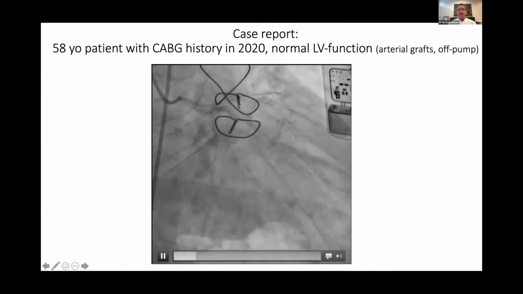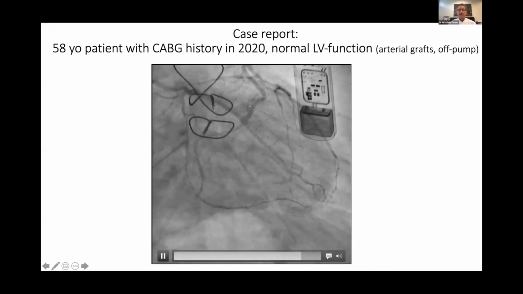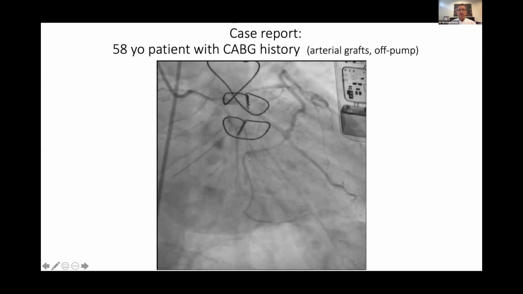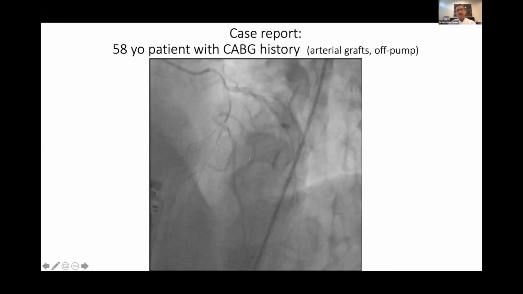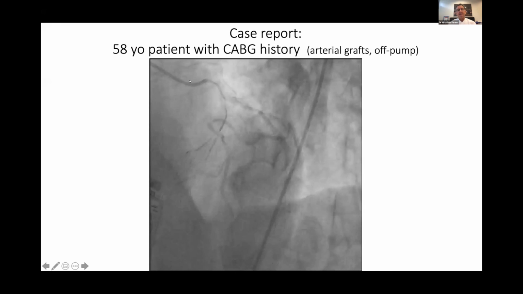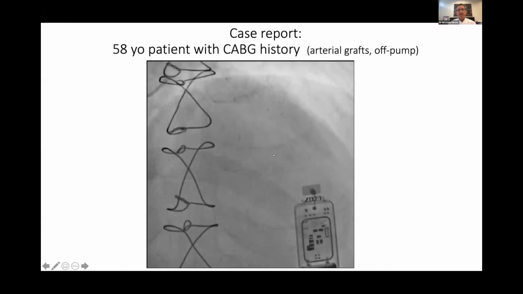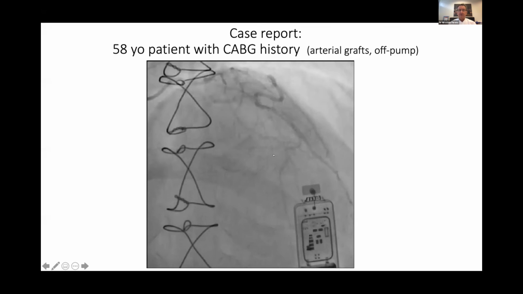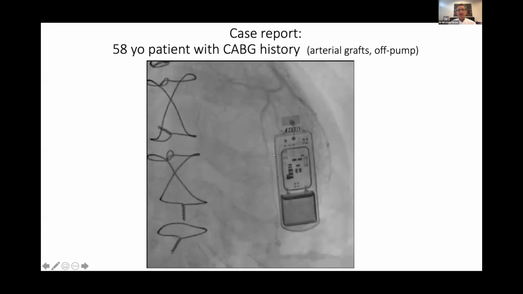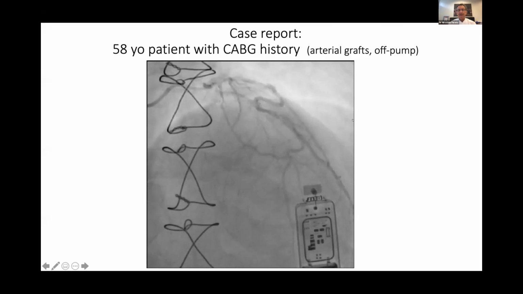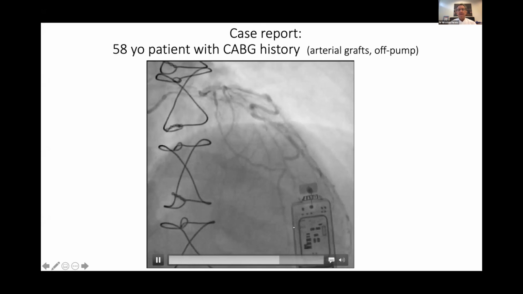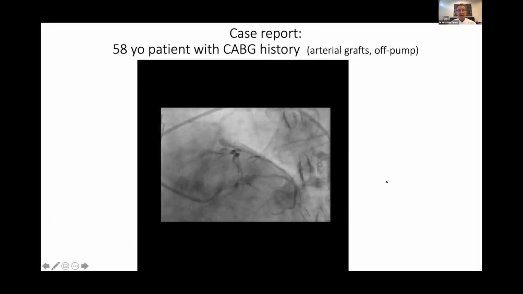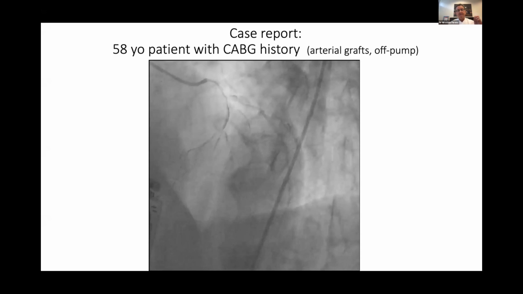And if you see now, you see only some bridges which are open. And yeah, the question is what to do with these patients. You see in this projection definitely a huge problem for the patients, but also for interventional cardiologists. The question is to send the patients back to the surgery to give them venous grafts, or to try to go with PCI. And I think this is really very important.